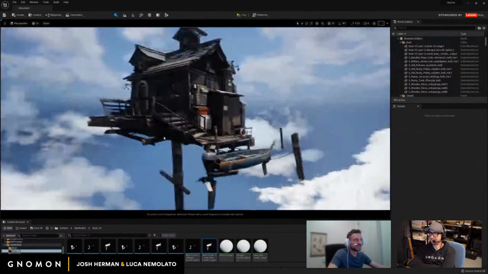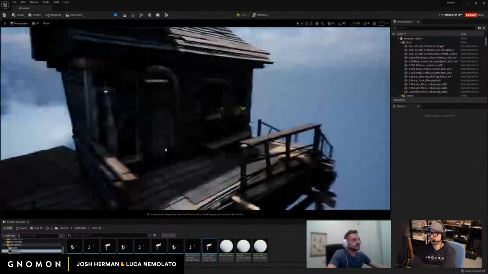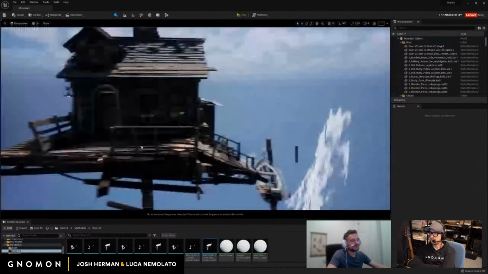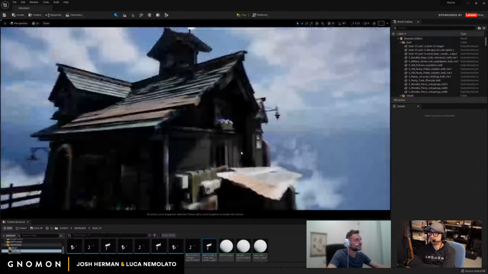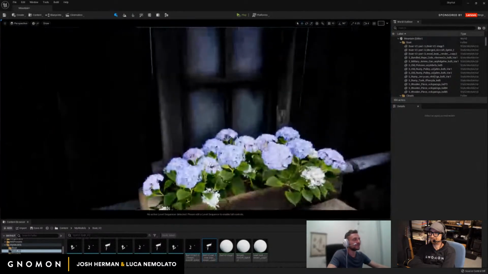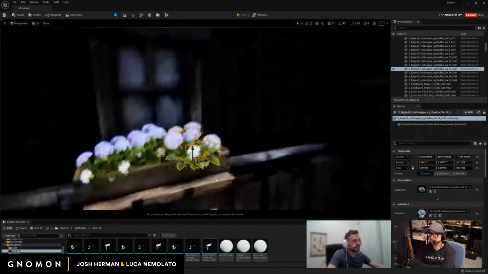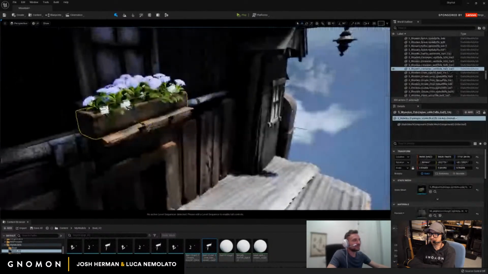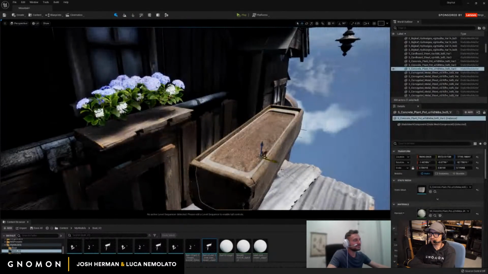and it gives you a story. Because what I'm trying to do here is really storytelling. I have a house. I want to imagine who's living in there. How does he live? This is his energy source for the house. He's got plants. Oh, and this was what I was talking about, how Unreal is powerful. Look at these flowers. They're awesome. And what I did here, I took a wooden thing, put some cement element in it from